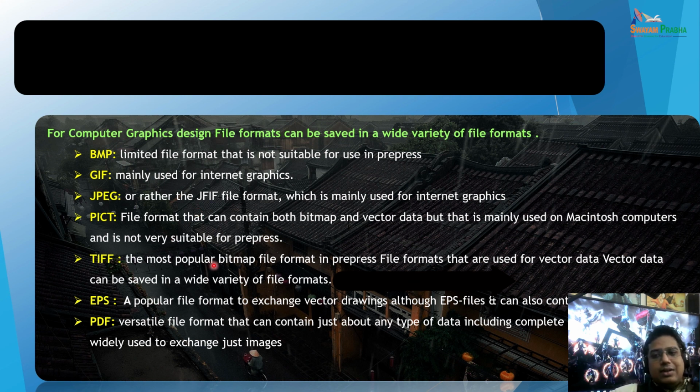Next is what? TIFF, Tagged Image File Format. When we have to use Tagged Image File Format, like I told you, whenever you have to save your data with really more detail, with the highest quality of information, you can save the data into TIFF. When EPS, whenever you are saving the file with vector data, you can use the EPS Encapsulated PostScript file format. Even in an EPS file format, you can save bitmap data also, right? It's not that in an EPS you can save only vector data.